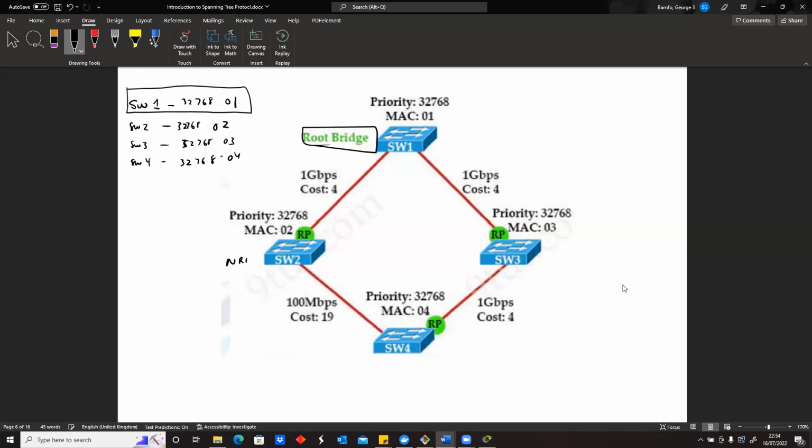The next thing we want to consider is from the perspective of the non-root bridges, which is this guy, and this guy. From their perspective, we want to see on those devices which port is the best port. So let's start with switch 2. So on switch 2, in order for us to get to